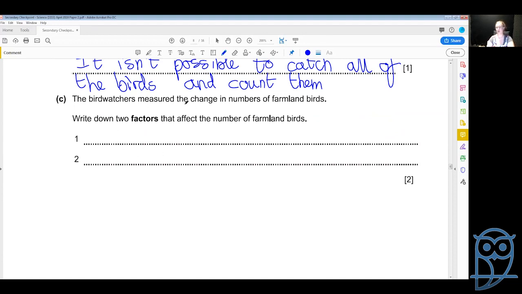So bird watchers measured the change in the numbers of farmland birds. Write down 2 factors that affect the number of farmland birds. So the amount of food they have, the amount of shelter they have,